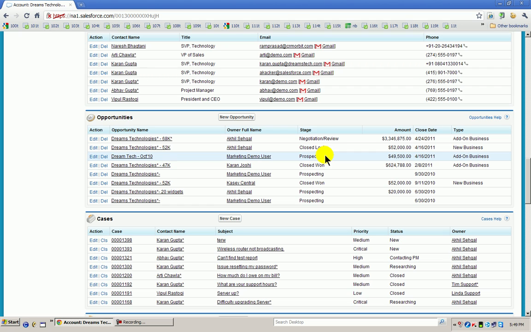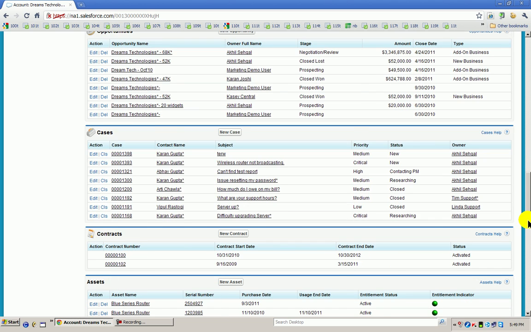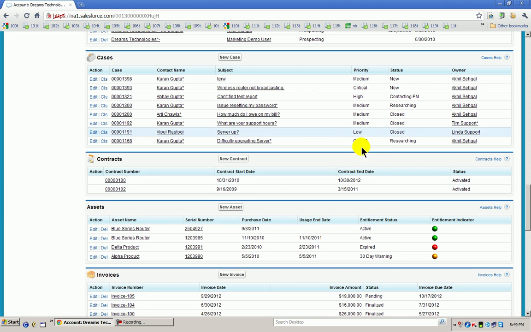So these are the different opportunities. Now let's say the customer called you for a different problem. These are the different cases, where your customer called you and you have assigned that particular case to your service executive. What is the priority of this case? What is the status? It's new, or it's closed, or you have diverted it to the OEM. And who is the owner of this? Understood.